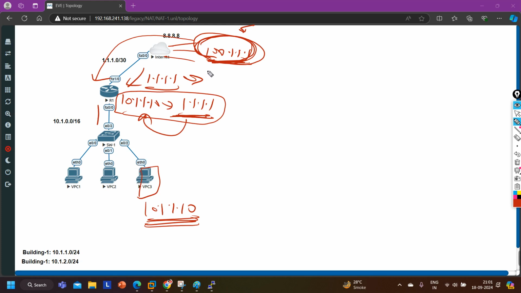Source IP will be what? No, 1.1.1.1 is a public IP address.